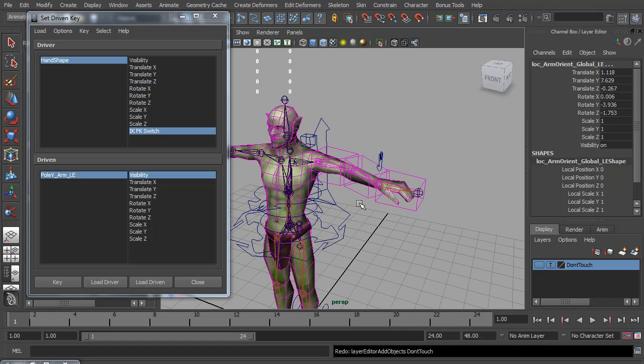Well, I think that's about it for the arms. We have our IK forward K working, we have forward K controls and IK controls. Pole vectors all working,